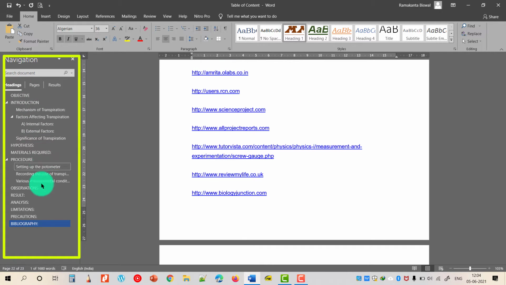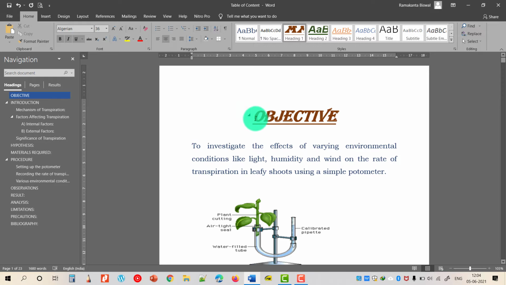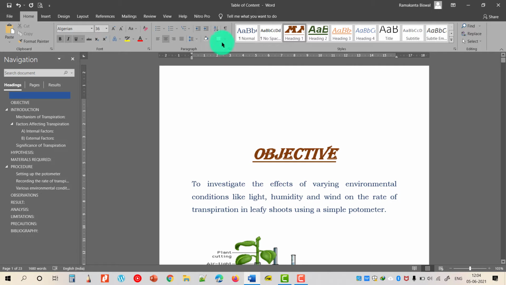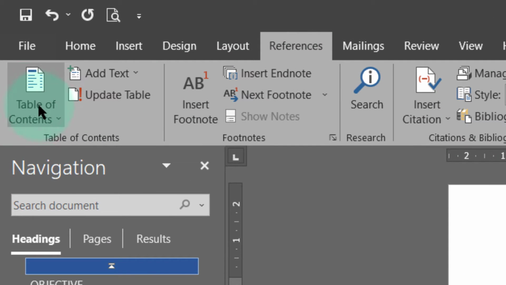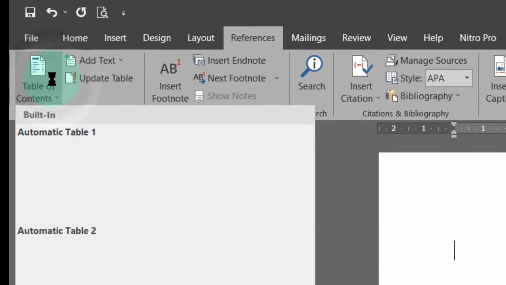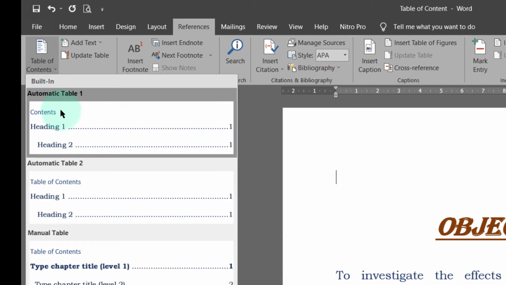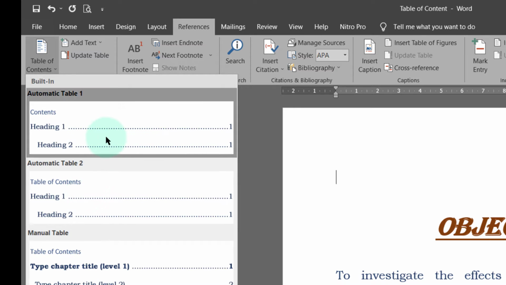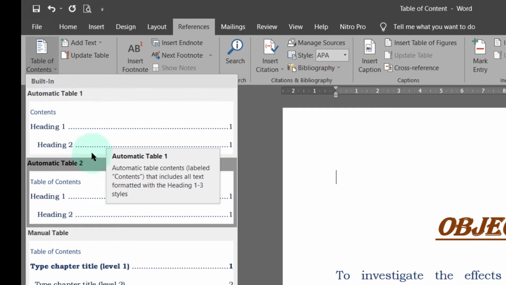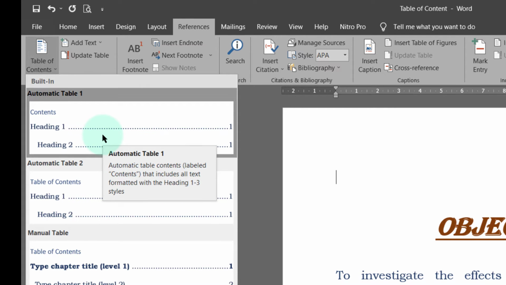As you can see here, we have already formatted the entire Word document using our style tools. Let's now go to the beginning, and here let me click enter and remove this false heading. Now at this particular place I want to introduce my table of content. So I'll go to References, and here we are going to have Table of Contents. When I click here, I'll get two options, Automatic Table 1 and Automatic Table 2, and finally a manual table.